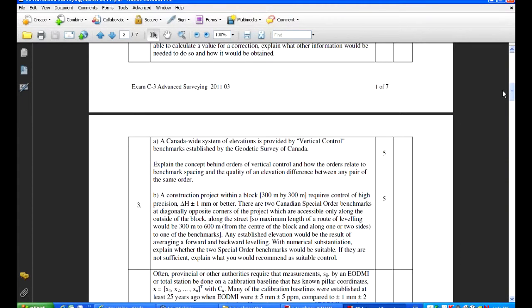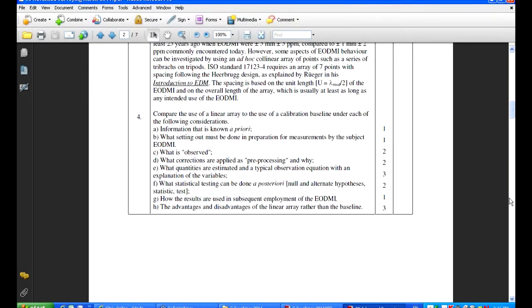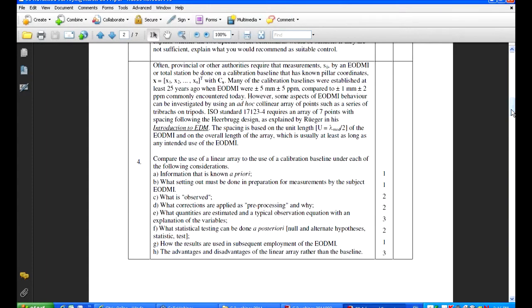Question number 4. That's another one of these baseline questions, basically covering about the same everything that I have been talking about during our session today. The one thing that is asked here that I didn't give to you explicitly was the observation